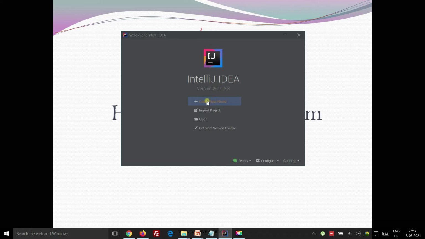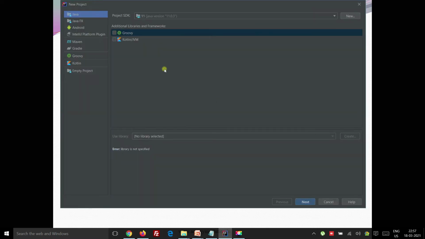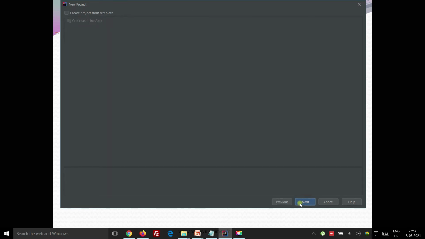2019.3.3. We will do one thing: create project, import project, open, or get from version control. Version controls are like Google Cloud and Git. So we are going to create a new project. You don't have to set any paths, they are set automatically. Click on next. You need not select from a template. As we create a fresh version, what we will do,